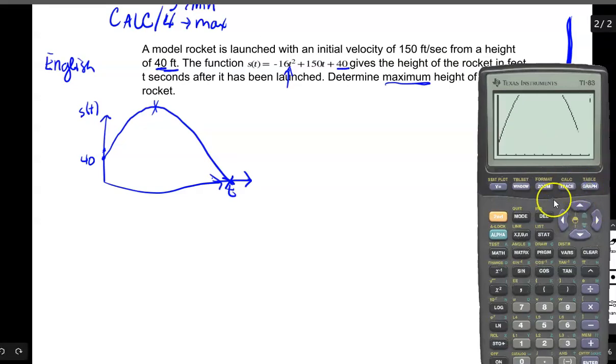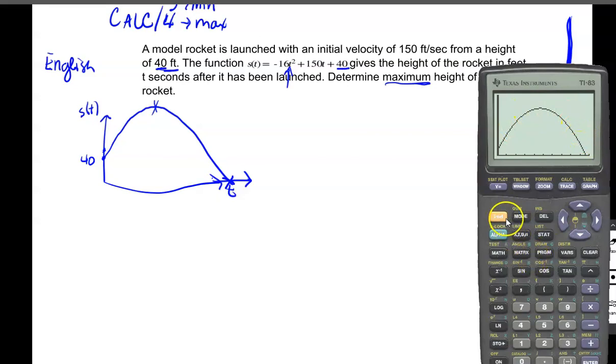Okay, it's still going off the screen, so we need to go even higher. How about, do you think 400 is enough, or should we go to 500? We just want to get it to the point where we can see the whole parabola. So we probably could have gone a little lower than 500, but that gives us a nice view of the